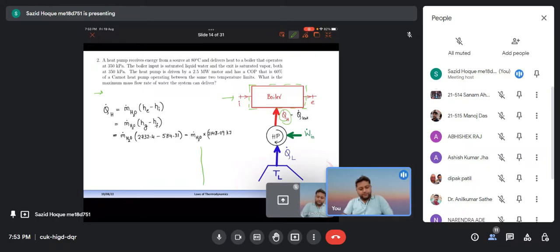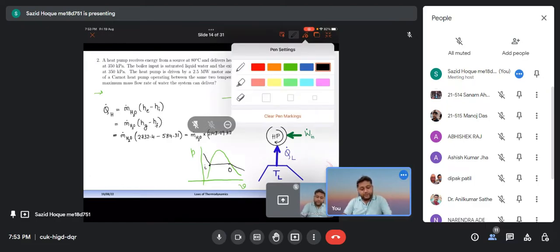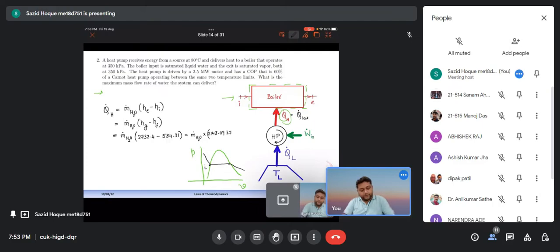So if you draw a PV diagram, pressure versus specific volume, this input and output are at these points. This is the input, this is the output. You know that this is the saturated liquid line, and this is saturated vapor, right? That means